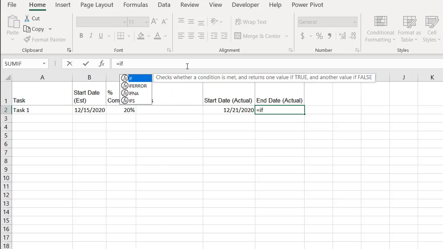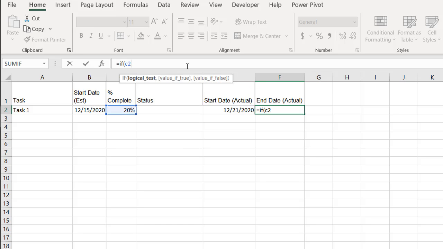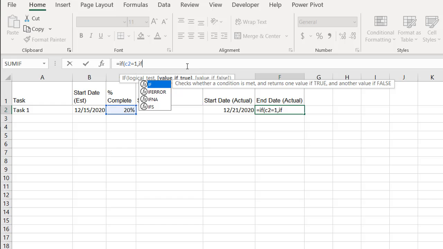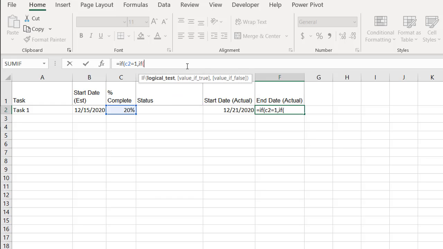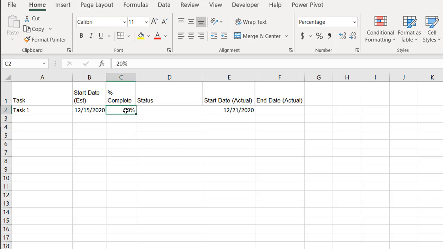I can do if, open parentheses, if cell C2 equals 1, which is 100%, then use my other nested if formula. This is where the recursive part comes into play. If F2 equals blank, then bring back today's date, comma, otherwise F2, because if there's already a date in there, it's just going to bring back itself from earlier. So close that, close parentheses, comma, double quotes, close parentheses, press enter. That's going to be blank if I turn this into 100%. Now this part's going to get filled out,